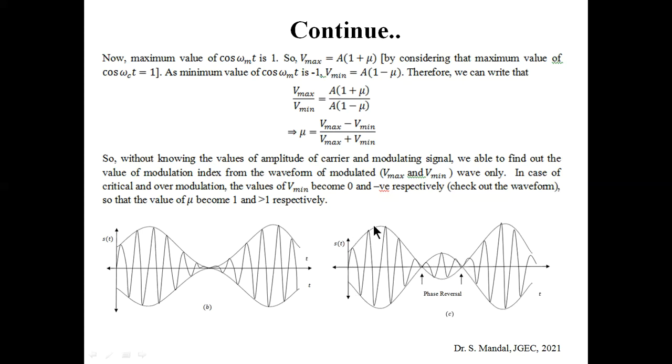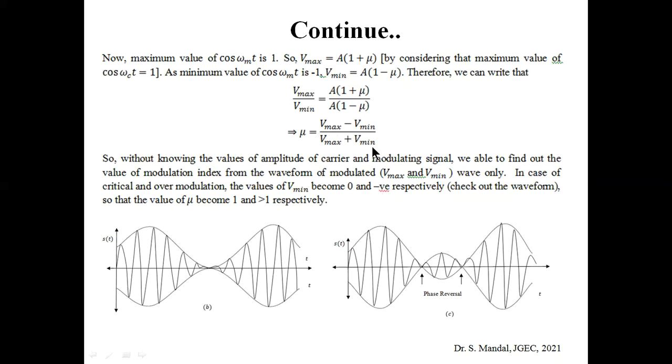So obviously the envelope has been changed and the message has been distorted. Okay, so this is not a desirable condition. Again, it is interesting to observe that here Vmax is positive, but as the envelope crosses the corresponding axis, if you want to find out the value of Vmin, that becomes negative because it crossed the corresponding x-axis or t-axis. So here Vmin equals from this point to this point. So that is the Vmin. Okay, so Vmin will be negative. So Vmax is positive, but Vmin is negative.